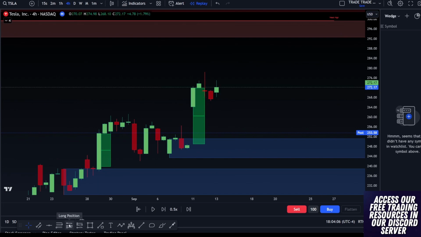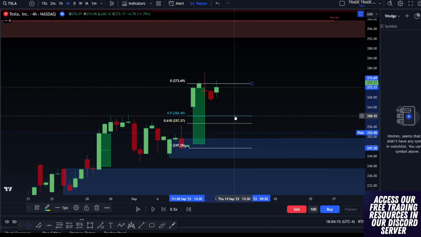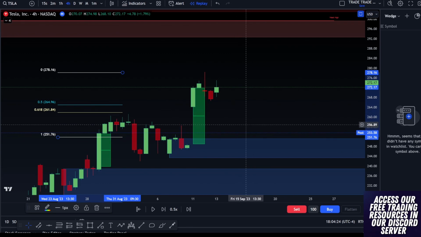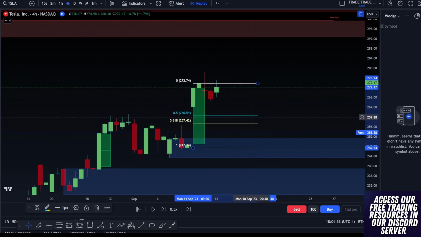Funny enough, right? If you were looking to go long, you could have taken your Fibonacci retracement, swing high to swing low, and look, the 0.5, our golden zone, coincidentally, where does that line up? The middle of the fair value gap, which usually for a fair value gap to fill, it has to hit at least the middle, right? So our time to go long would have been a pullback down at 260, and a reversal of this move would have been if we broke and held under 260.